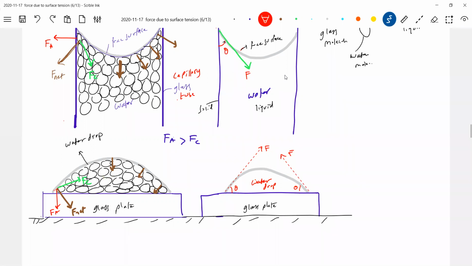Fine, agreed. So why shall we say that the water drop will wet the glass plate? Do you see it is spreading? So what conclusion can we make? The water drop wets the glass plate. Wets is the word I'm using. And what is the angle of contact? The angle of contact will be acute.